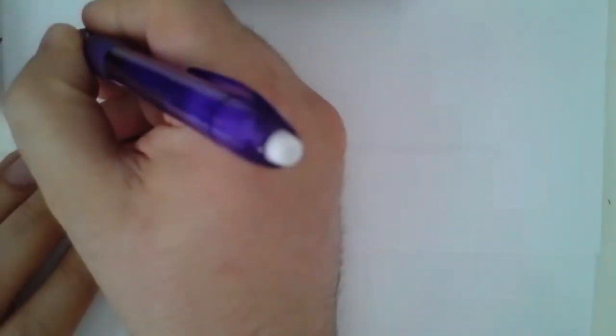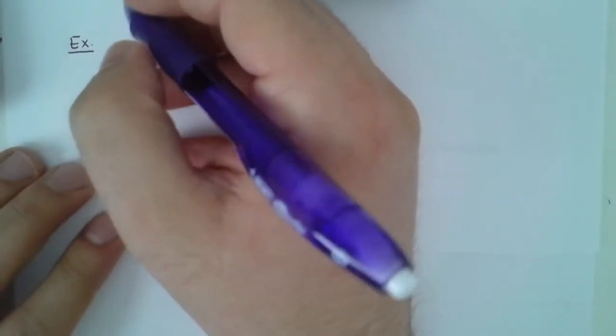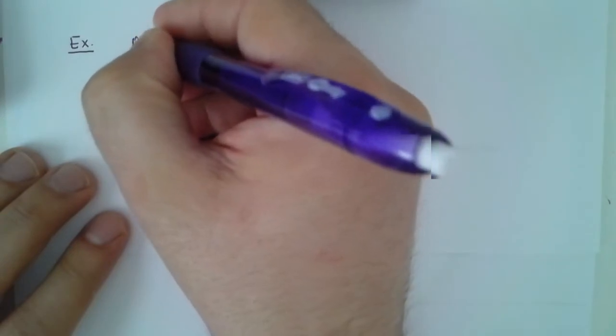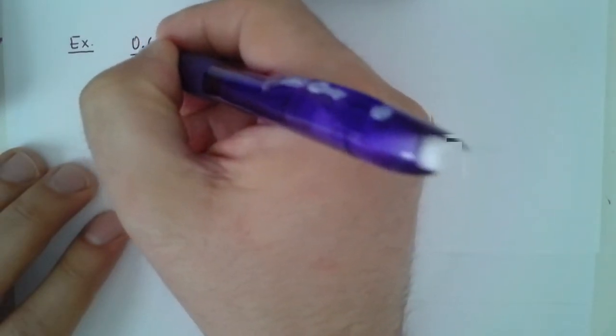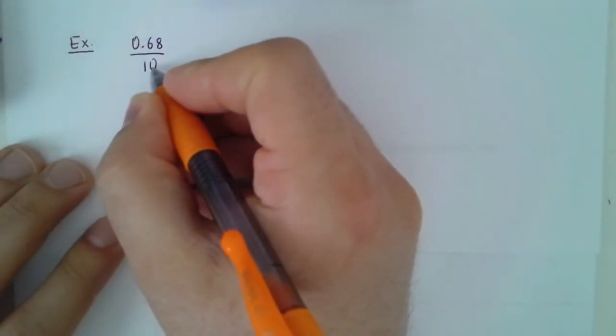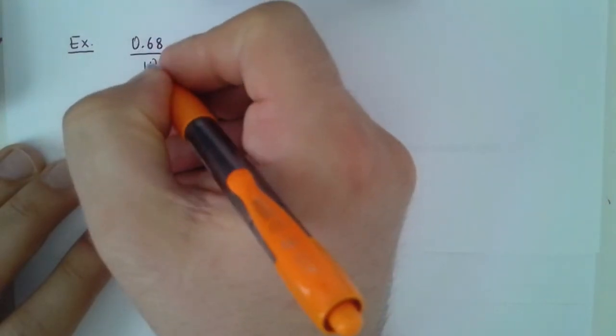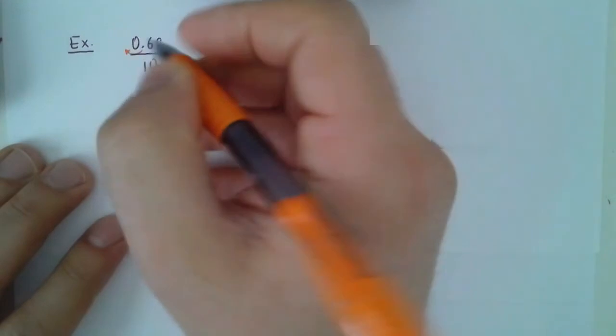The next example, let's go through different examples. When you divide any decimal number, for example 0.68 divided by 10, if you divide by multiples of 10, your number is becoming smaller, and you look at the number of zeros. According to that, you move the decimal point to the left. So that's 10, it will go 1 place to the left. So the answer will be